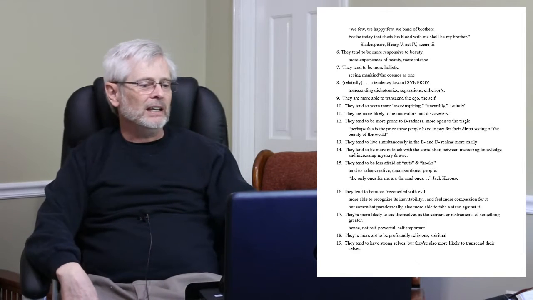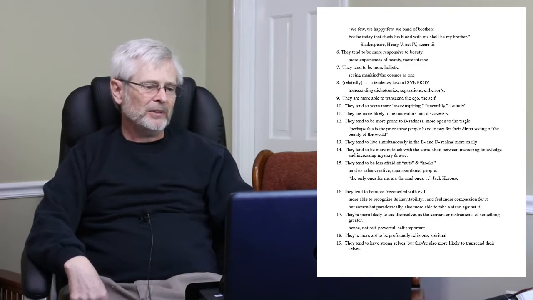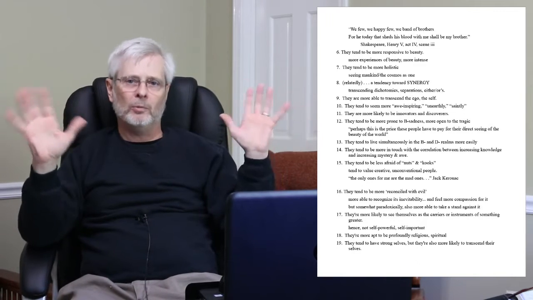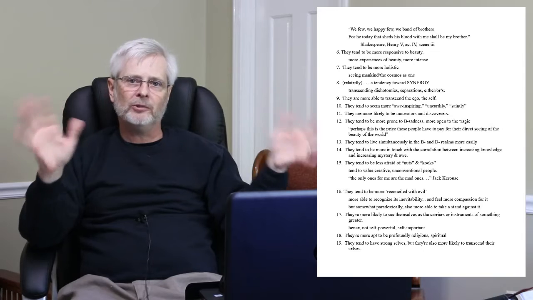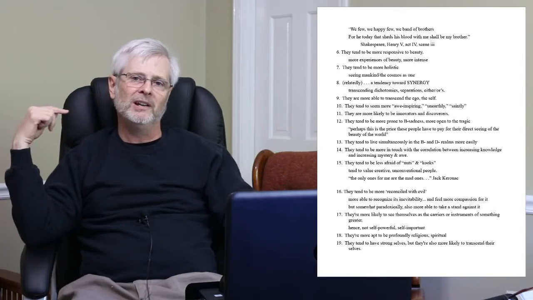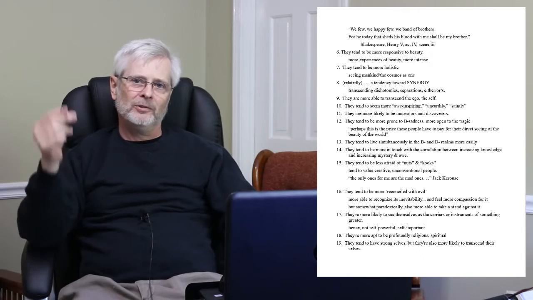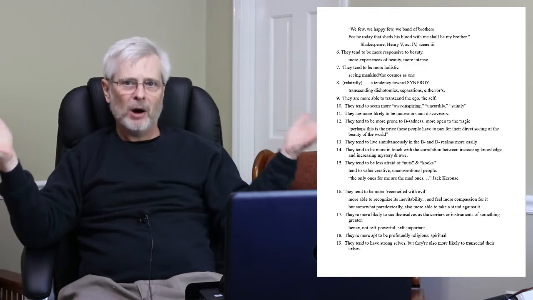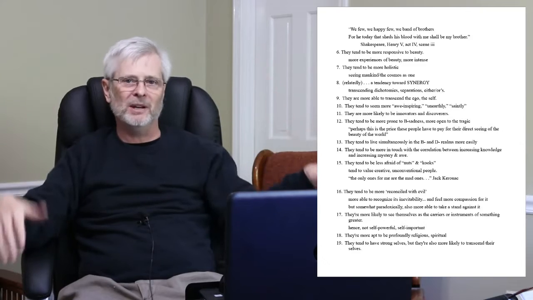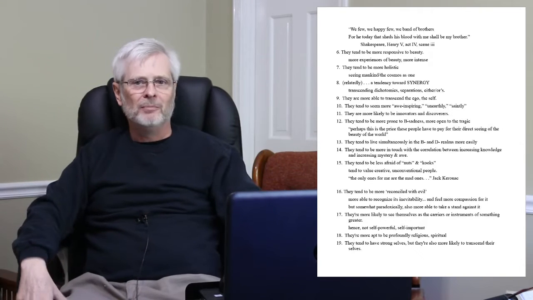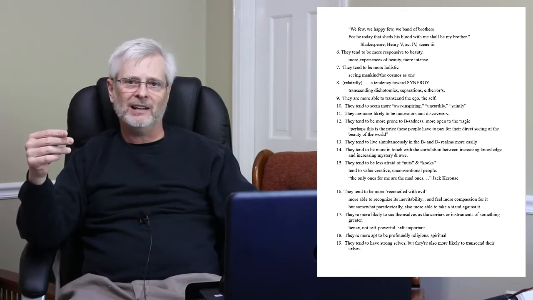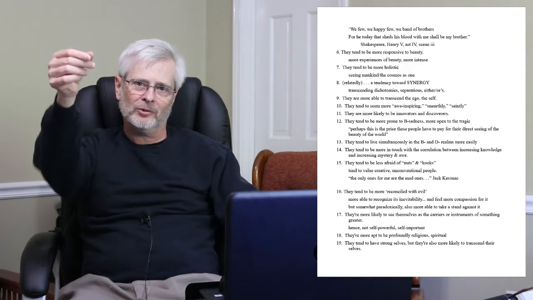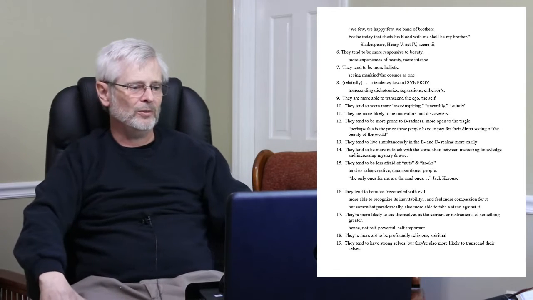Number 13, they tend to live simultaneously in both the D and B realms. Part of what's going on with these Theory Z people is they're able to strike a balance between meeting the practical, deficiency-driven demands of life, which is inevitably a part of life. It's part of that whole pyramid. In fact, it's 2/3 of the pyramid. But they're also able to balance that against fulfilling their being. Okay, so they're able to strike a fruitful balance between those two things.